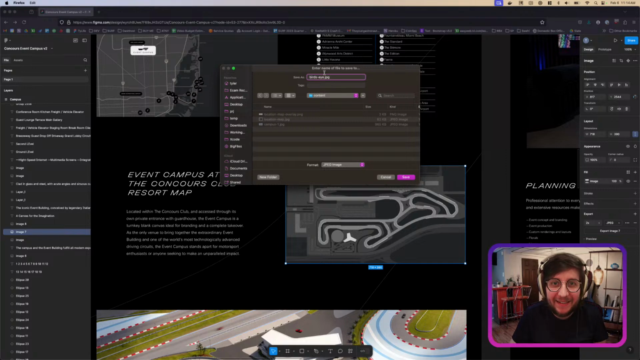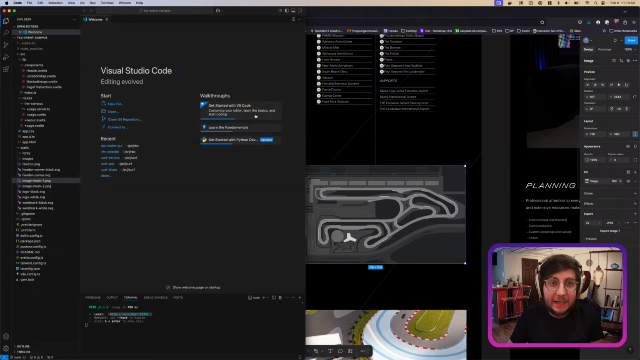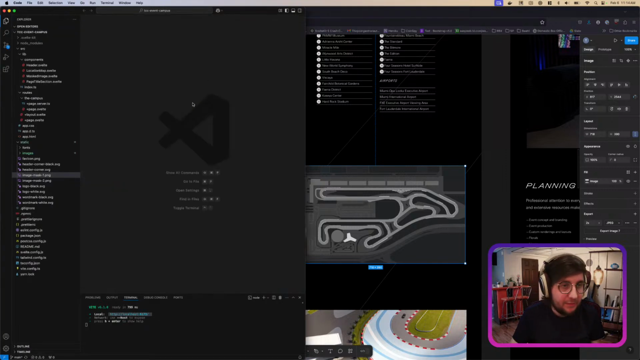Bird's eye. Bird's eye view. Bird's eye map. I don't know. It can be called whatever we want. It doesn't really matter. We could call it 1, 2, 3 if we wanted. Okay, so basically now what we'll do is we'll go to